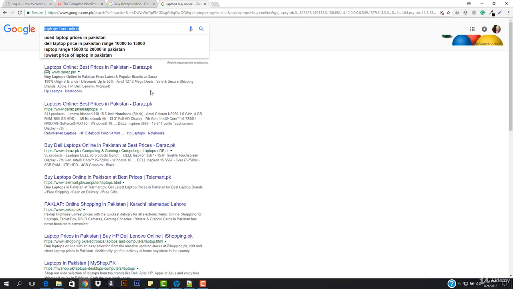You can also register two domain names, including one for your own country. For example, if my brand name is Tijaku or something like that, I can go with tijaku.com, tijaku.pk, tijaku.co.uk, so I can register 3, 4, 5 domain names at once. Then I can build a website for them. So if a guy searches for that specific domain name or a specific keyword, like laptops buy online, he will see my website and be redirected to it. Okay, so this is the number 1 tip that I'm giving you right now.